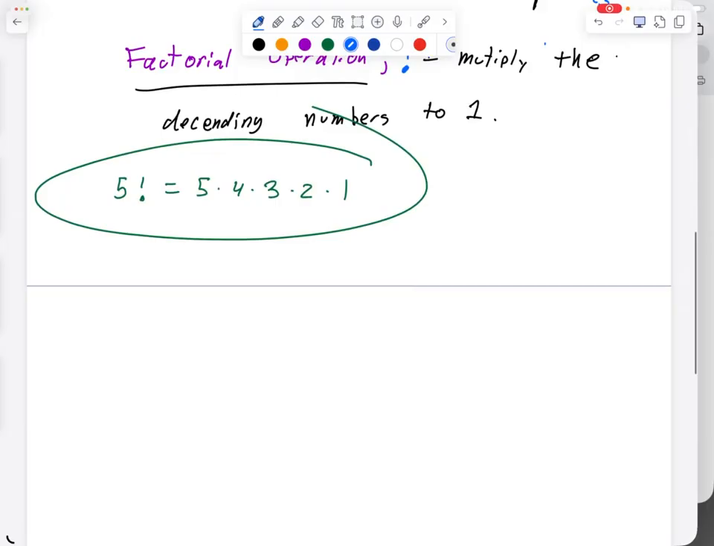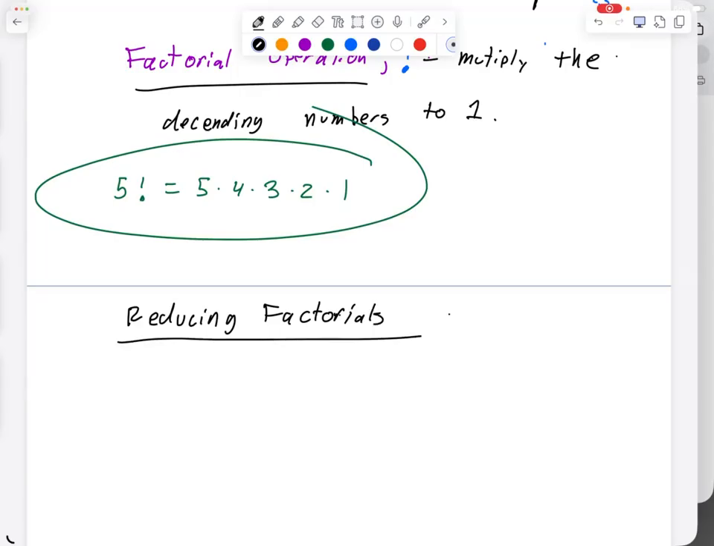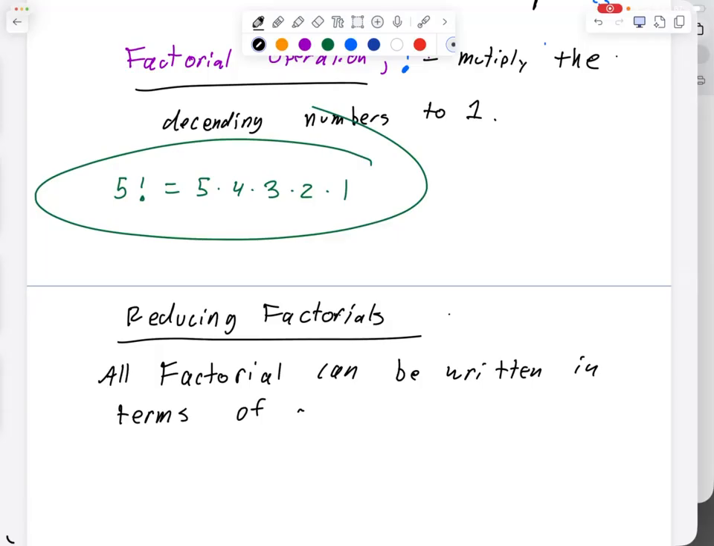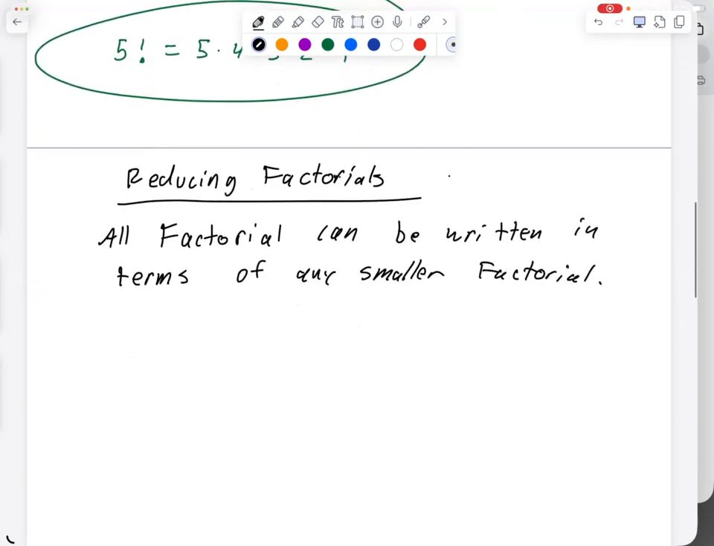Reducing factorials. Last part of our notes, and then we're done. All factorials can be written in terms of any smaller factorial. Okay? So, for example,